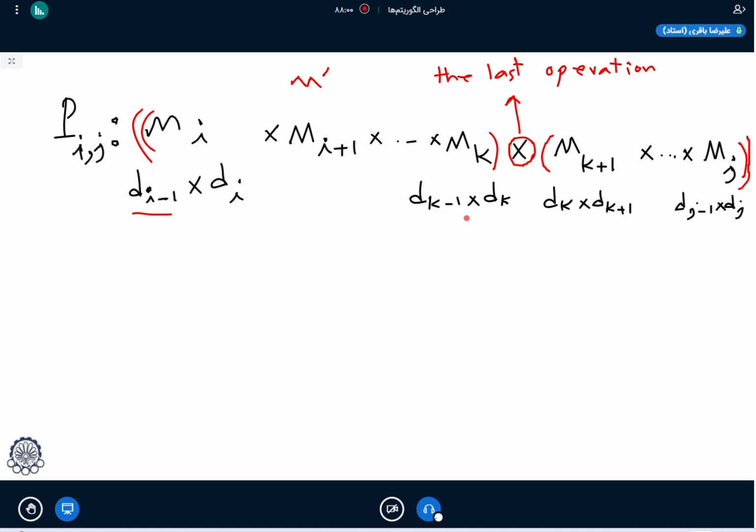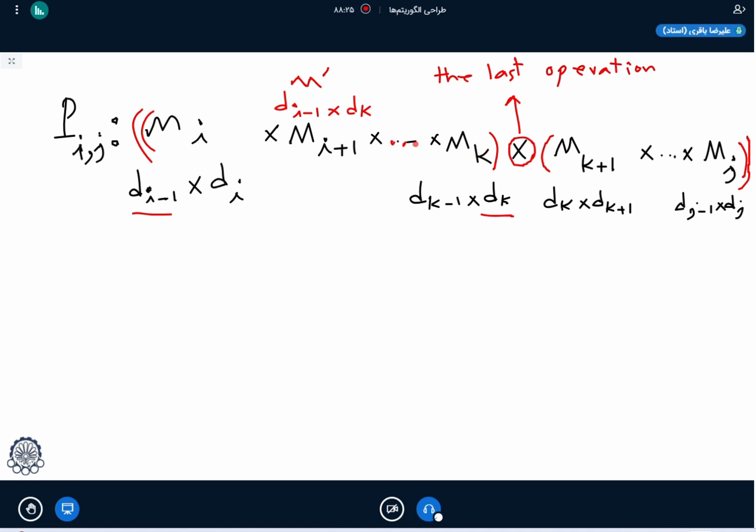So the result of the left side has dimension d(i-1) and dk. So M prime is a matrix with dimension d(i-1) and dk. I mean, if we multiply Mi to Mk,